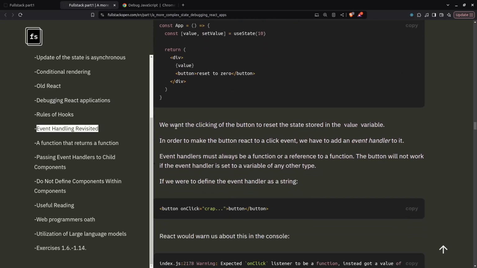If we want to click a button to reset the state stored in a value variable,